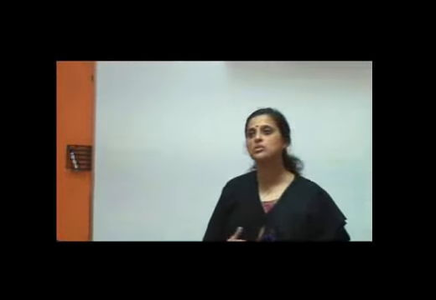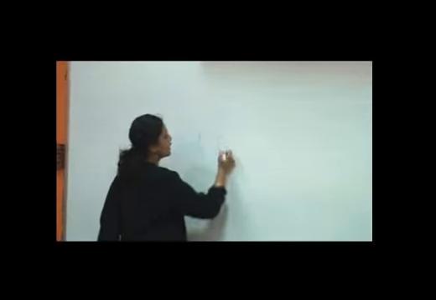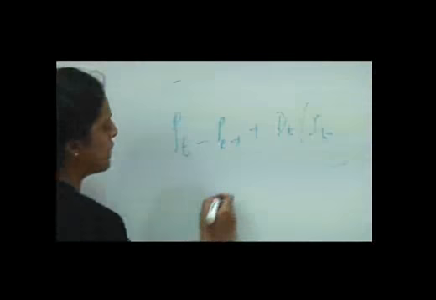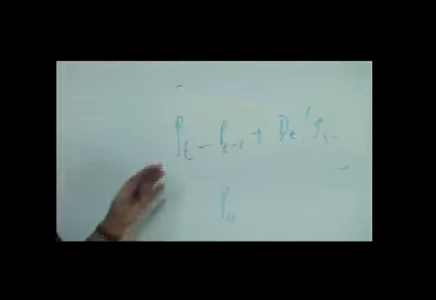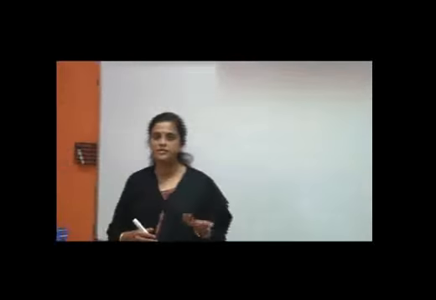Now, specifically, for any security, in terms of the rate of return, we can represent it in this form: Pt minus Pt minus 1 plus the income, divided by P0. To take an example, suppose you buy a particular security for, let's say, 100 rupees at the beginning, and at the end of the holding period the price of the security goes up to 105.